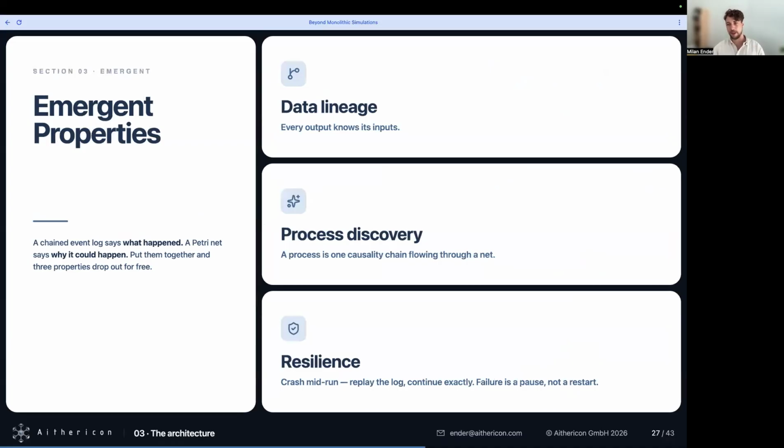And now the fun part starts where we combine these two approaches. So the event sourcing, the event log, looking at all the different transactions from the past and building our state from that, and our Petri nets that allow us to model the workflows itself. So if we combine this, every event is basically a transition or represents a transition and a token movement,